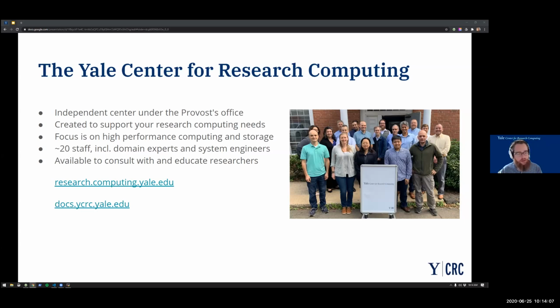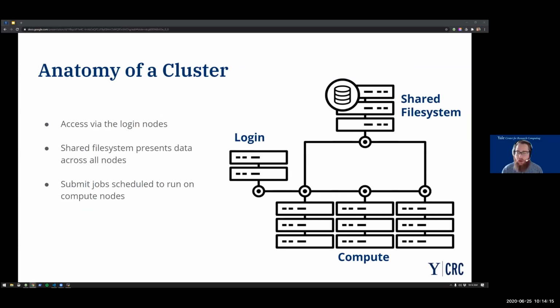And on this page, I also have our website and our documentation pages, which I will refer to later as well. So academic clusters have some general themes. A lot of them are bespoke machines, and if you go from one university to another, there will be differences.